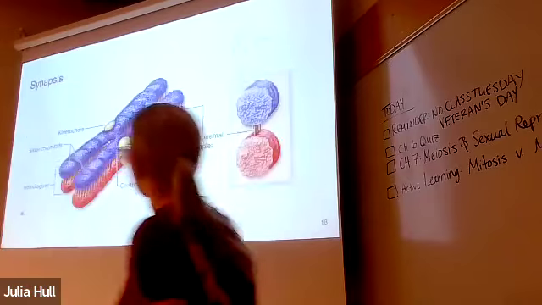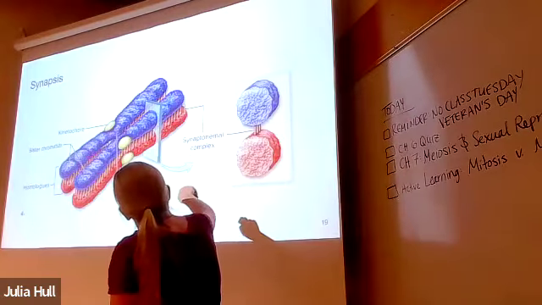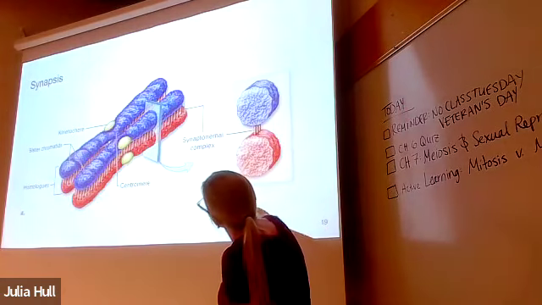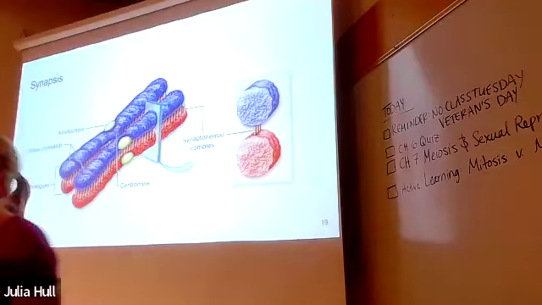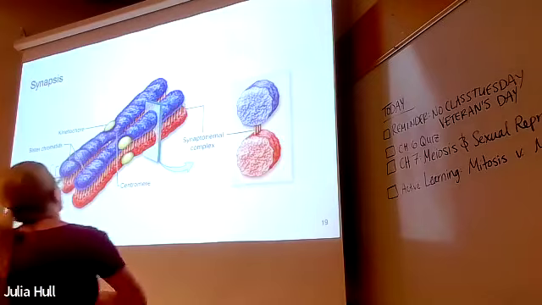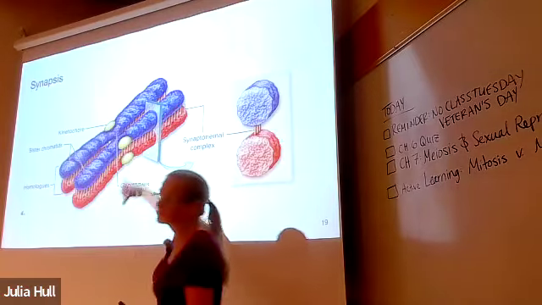So let's have a closer look at that. Okay, so here's our synapsis. This purply blue is one chromosome, and the homologous chromosome is shown here in red. And what is happening? They're going to come into association. They're going to create these weak bonds, held together with proteins. They're buckled in with these little proteins that can unbuckle pretty easily. And what they're going to do is just do a little swap.